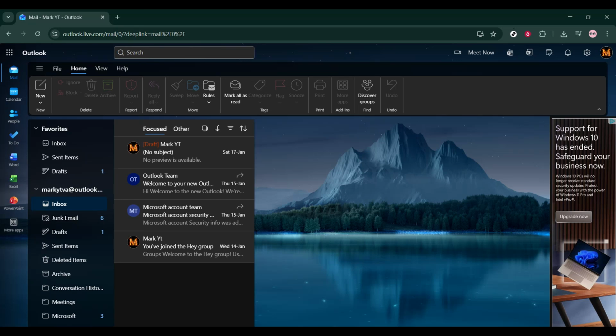In today's video, I'm going to show you exactly how to integrate HubSpot with Outlook so you can track emails, log conversations, and manage your CRM directly from your inbox. This is perfect if you use Outlook daily and want HubSpot working seamlessly in the background without switching tabs all the time. I'll walk you through the full process step by step, from installing the add-in to making sure everything